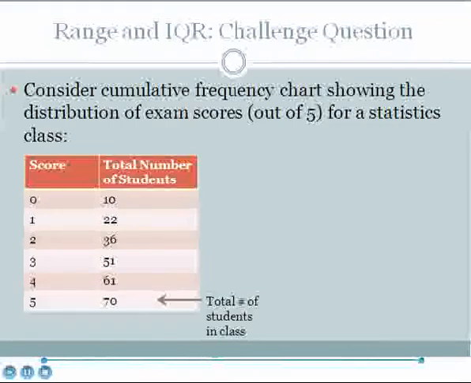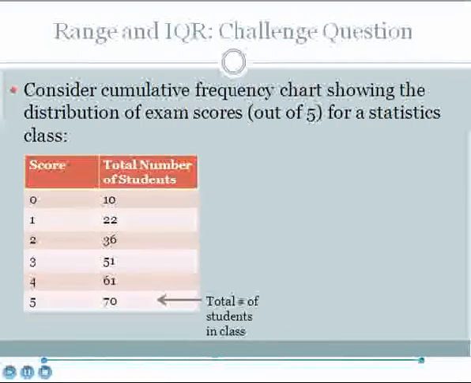On the right-hand side is the corresponding number of total students who have a value equal to or less than each score. For a score of 0, there are 10 total students who have a value of 0. There is no value less than 0. For a score of 1, 22 students have a value of 1 or 0. Since we know 10 students have a value of 0, we can determine that 12 students have a value of